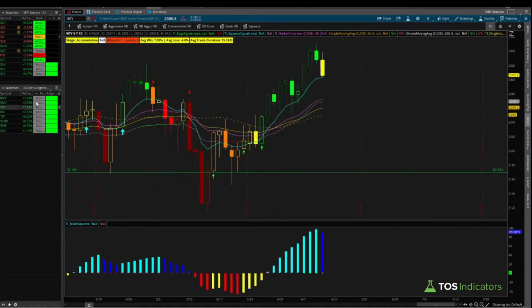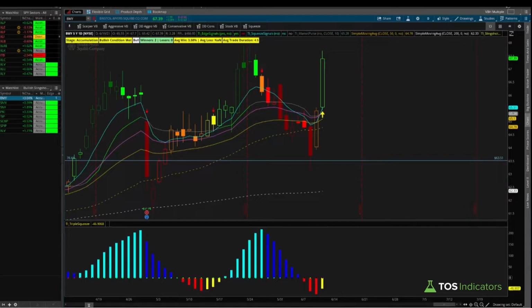So now taking a look at our stocks that hit our slingshot squeeze, using not only our scan, but also our back tester here, there are a few that stood out. The first was Bristol Myers. Bristol Myers here over the past 5 years, 2 winners, 0 losers. Not a whole lot of data points, but the fact that we've been at a 100% win rate so far